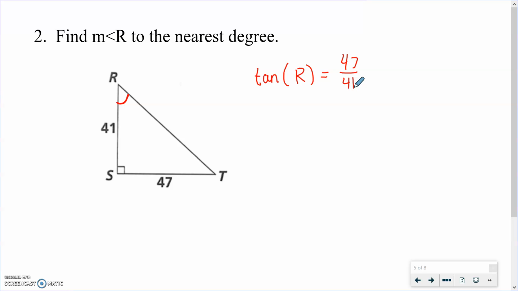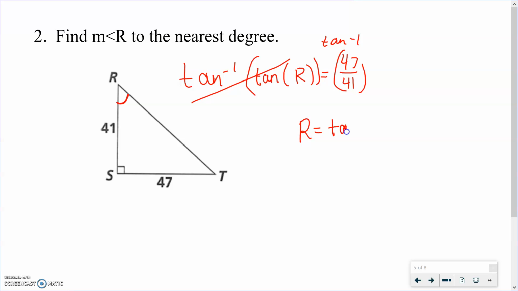Now, the difference here is what do we do? How do we figure out what that R is? So really what we're going to do is the inverse tangent to undo this tangent function. So we're going to do tangent inverse of all of that. And so if we do it to one side, we have to do it to the other side as well. So we're going to do the inverse tangent of this side. So what these do is they cancel out, just like multiplication and division. They're inverse operations. They go away. So then I have R equals the inverse tangent